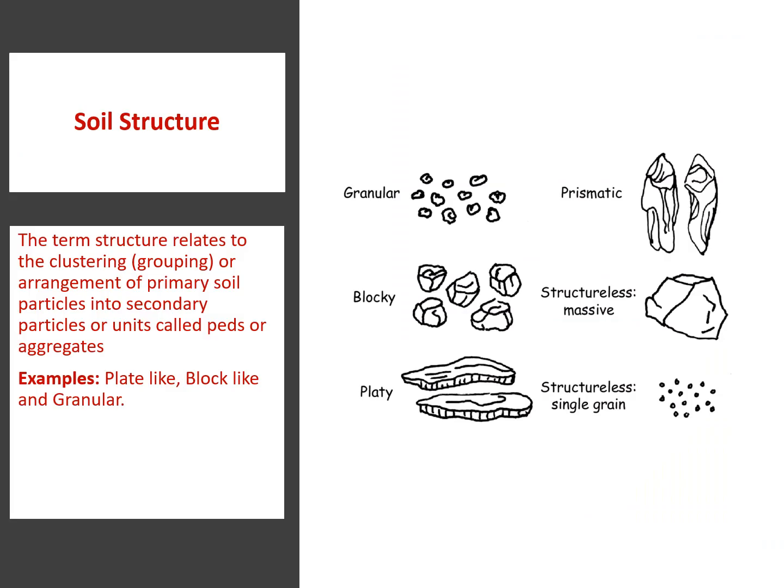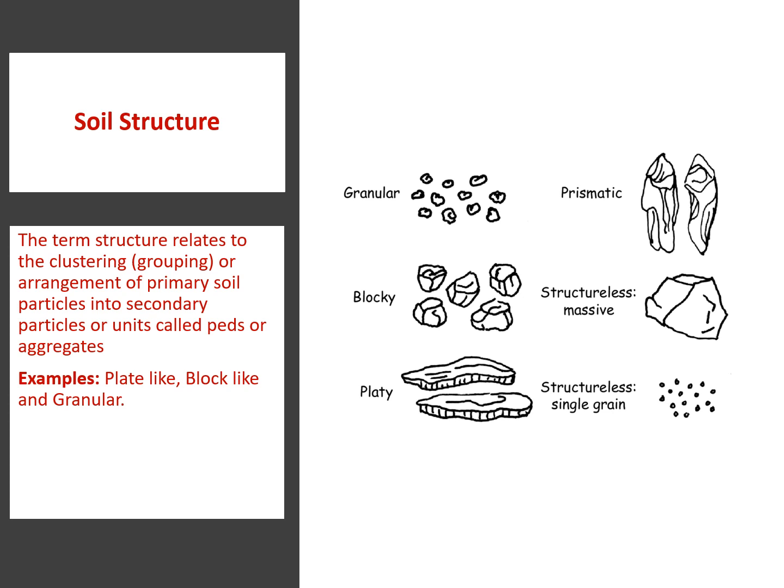Then we have soil structure. It is not like texture. Texture is the proportion, but structure is the arrangement of those soil particles. We have sand, we have silt, we have clay, and the arrangement of those particles is called structure. The term structure relates to the clustering, grouping, or arrangement of primary soil particles into secondary particles, or units called